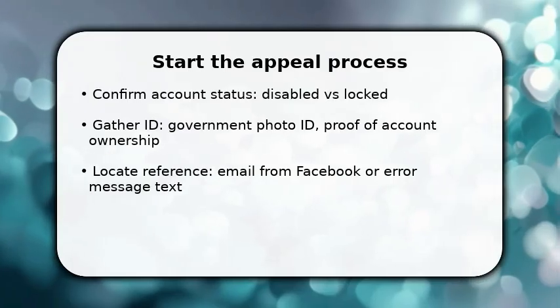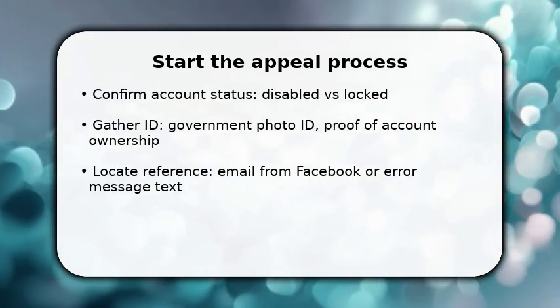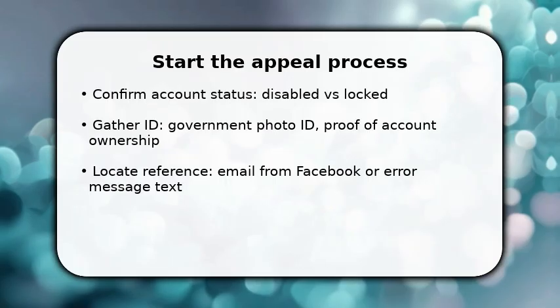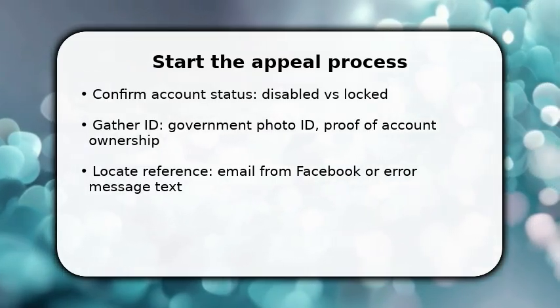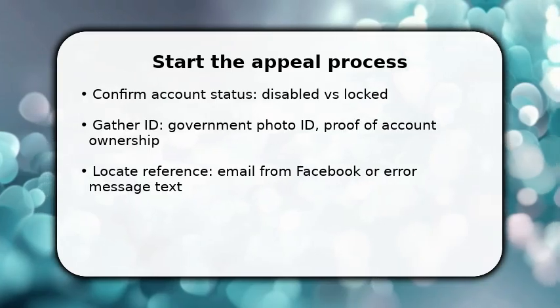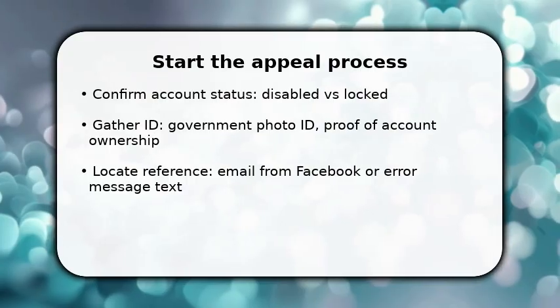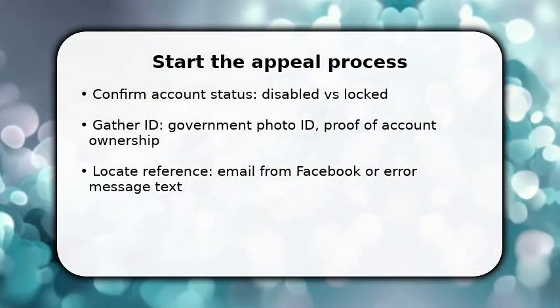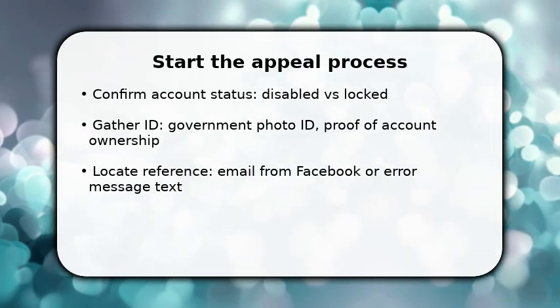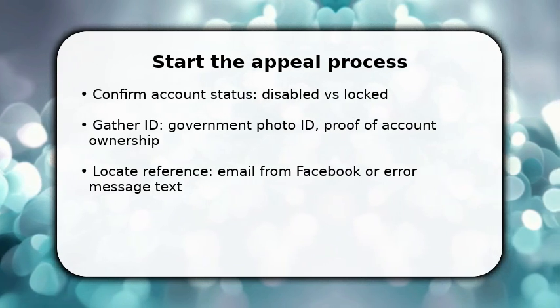You begin by confirming the type of block and starting the official appeal. This matters because disabled accounts follow a specific review path. Once you know it's disabled, gather a government photo ID and any screenshots or emails showing your account name and activity. Make sure to open the exact Facebook page that shows the disabled notice, because you'll need the error text or reference ID. Then prepare to fill out the appeal form precisely, matching names and dates to your documents to